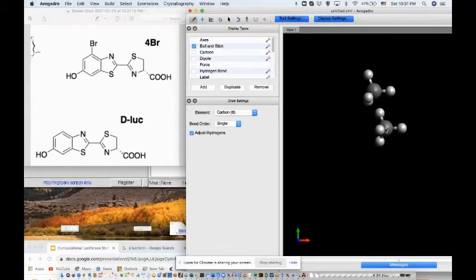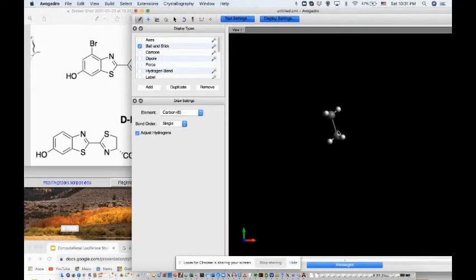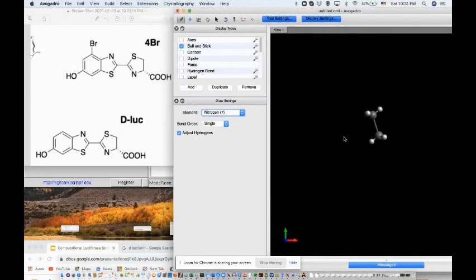Now there's another carbon it's attached to, and we get that other carbon to appear just by clicking, but we want to attach them. So you just kind of draw a line from one to another, and then when you want to change the atom, the next one we see is nitrogen. Just click this once, and then you draw a line, and you keep going,